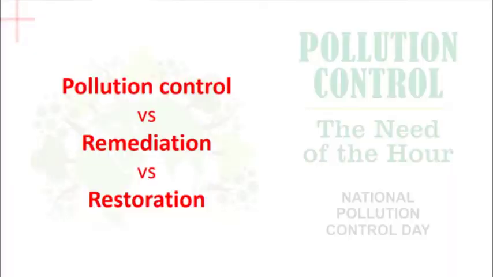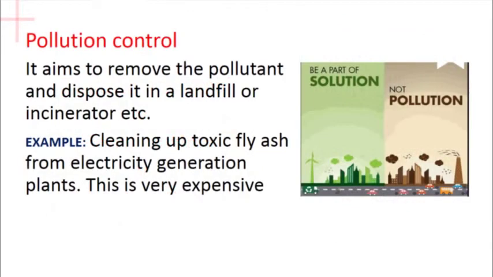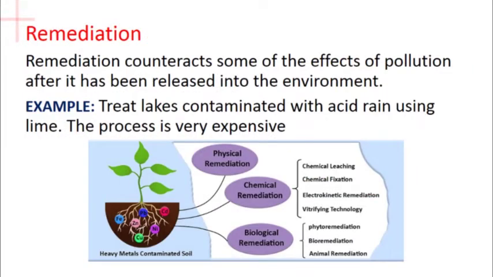Now, let us see what is the distinction between pollution control versus remediation versus restoration. Pollution control aims to remove the pollutant and dispose of it in a landfill or incinerator, etc. Example, cleaning up the toxic fly ash from the electricity generation plants. This is very expensive. Now, when we go to remediation, remediation counteracts some of the effects of the pollution after